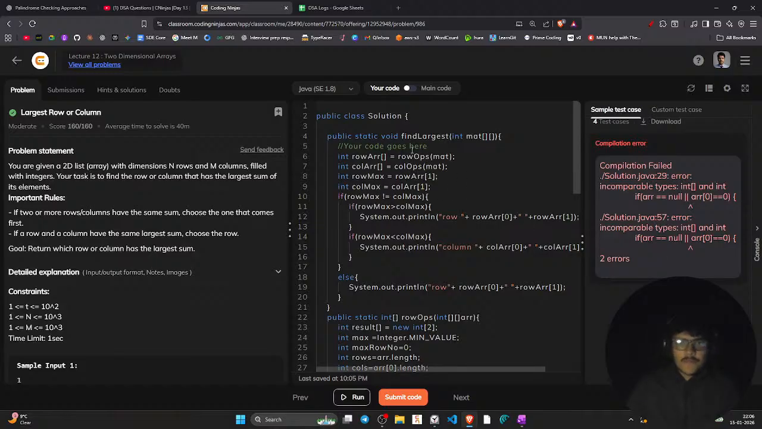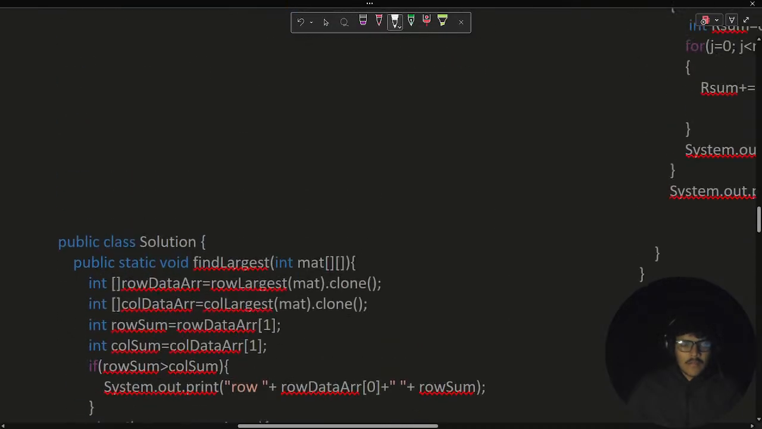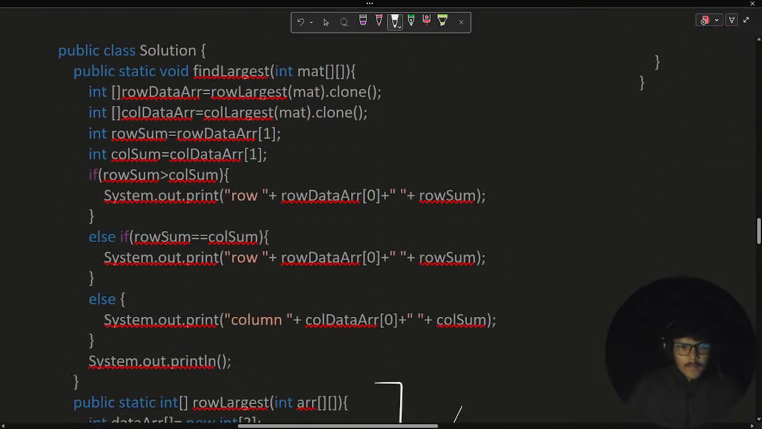Oh shoot. Array dot length, right? No, this has to be array dot length. The condition has to have